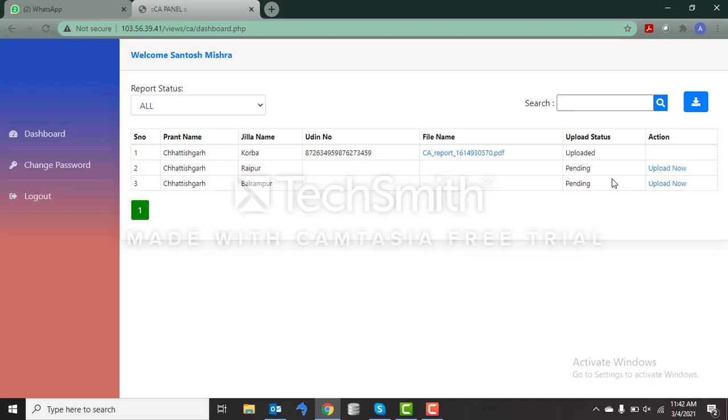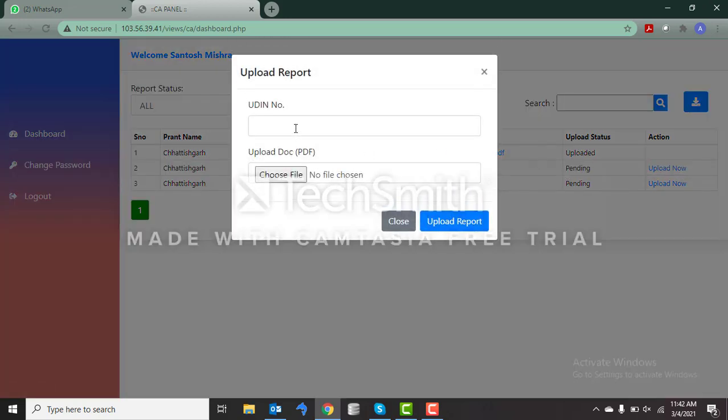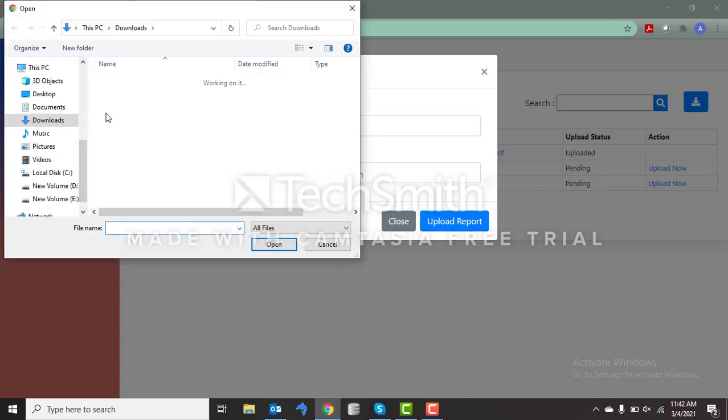So to upload any audit report, CA has to click on upload now in the action. Herein, auditor has to enter their UDIN number and upload the audit report in PDF format.